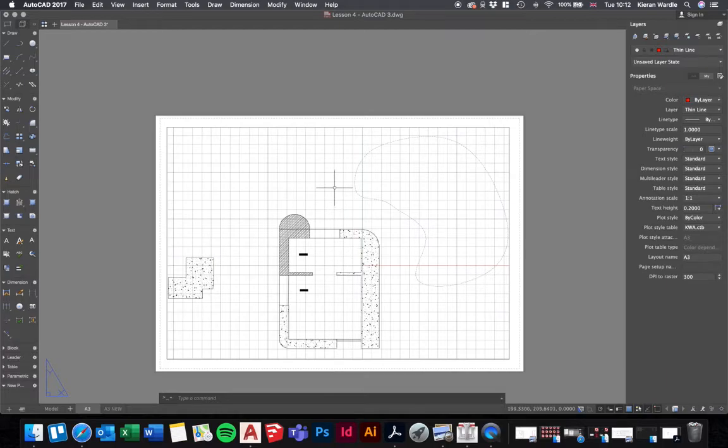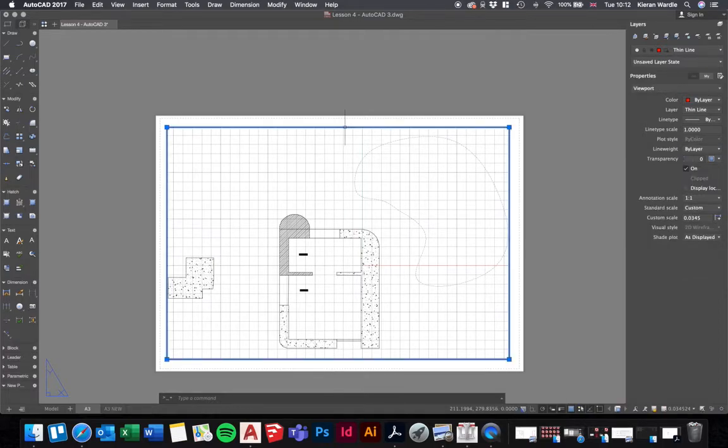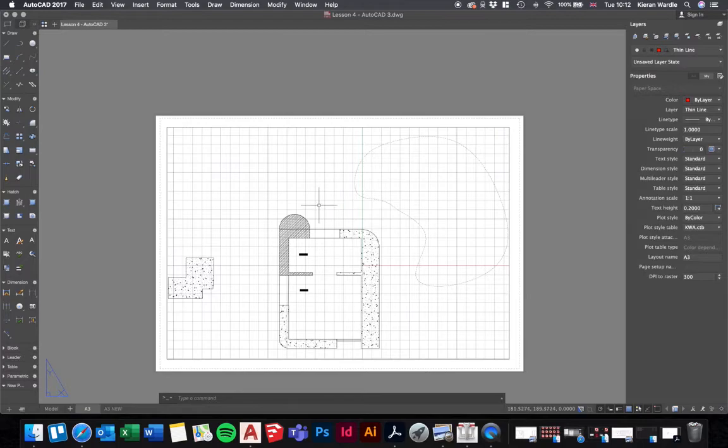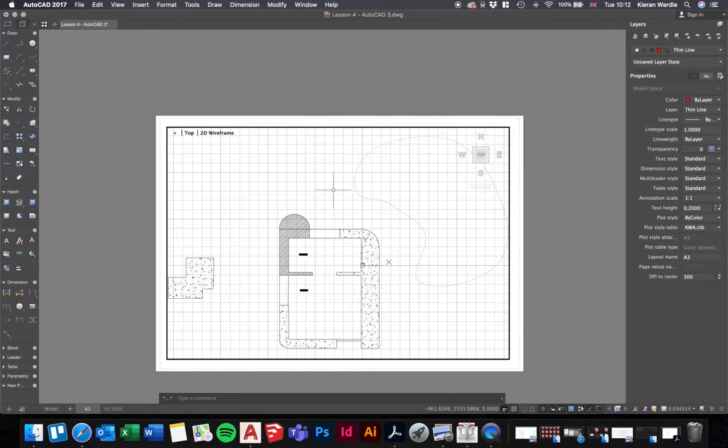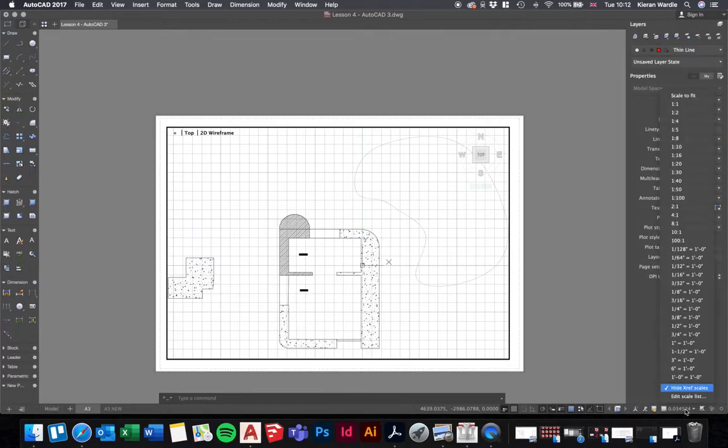So with the viewport, it's an object that exists on a piece of paper. At the moment, the viewport has just zoomed to everything that has been drawn. You can see it's just zoomed to capture everything. If we double click in the viewport, we're now able to affect the viewport itself, which means that we're able to set the scale. So if you double click on the viewport and then come down to the bottom right hand corner, there's a little drop down list, viewport scale, and you should be able to do something like this,